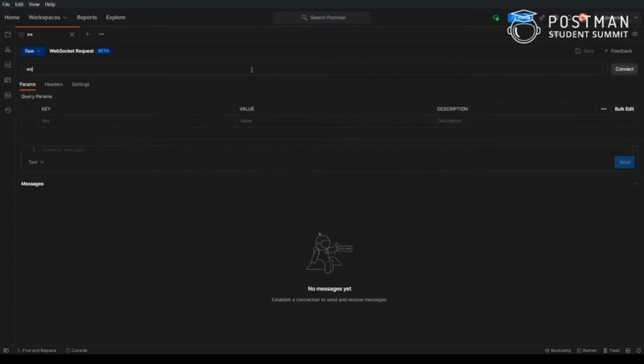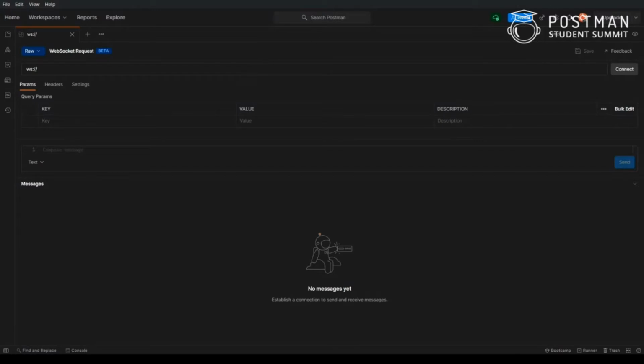So here you have to type either WS or WSS. WS is for WebSocket connections that are not secured, and WSS is for WebSocket connections that will be secured by encryption. So you have to type that, then colon, then double slash as you do in normal HTTP requests.